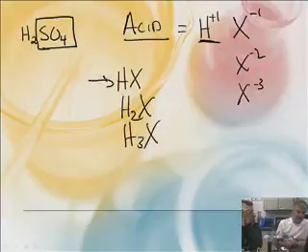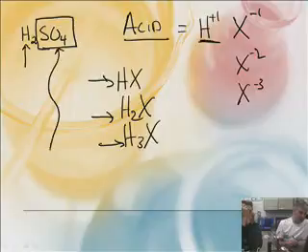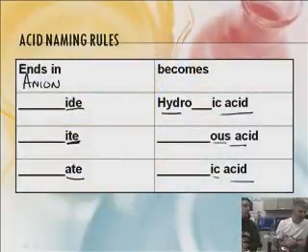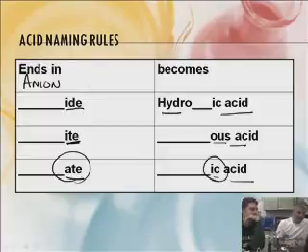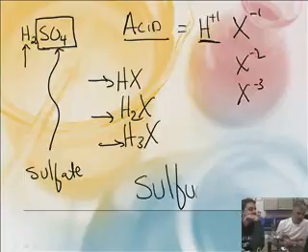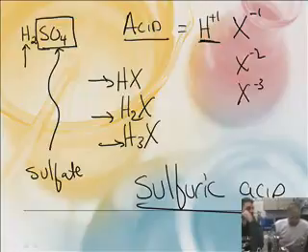We actually have names for those. That's not important at this stage of the game. Okay, so this one here is an H2X, but this hydrogen is what makes it an acid. Now, if you look at SO4 on the polyatomic ion chart, its name is sulfate. Now let's look at our chart. Ate becomes ic. So we change the naming and we put the word acid on it, and this becomes sulfuric acid. You add the word acid. And that's it. That's why Johnny was no more, because he drank the H2SO4, the sulfuric acid, the same stuff that blew up the toilets in my dorm room.